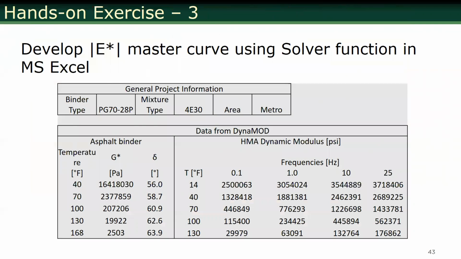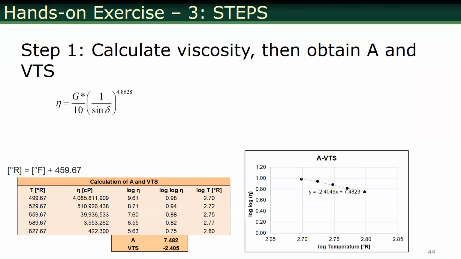This is the input data that you would be inputting to the Pavement ME. So these are the temperatures, G stars and phase angles, that's the input. And these are the dynamic moduli at different frequencies and temperatures. These are also input. This is actually real data for a PG70-28P for E30 mix that is taken from the metro area. So what we'll do first is, from this data